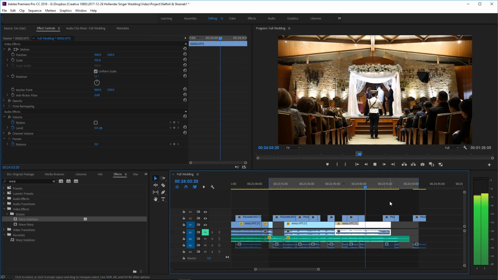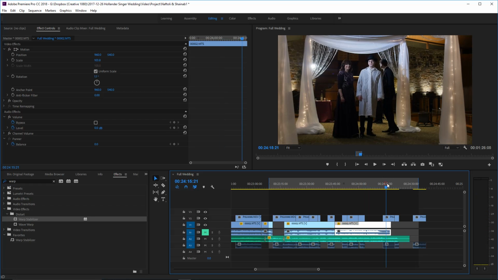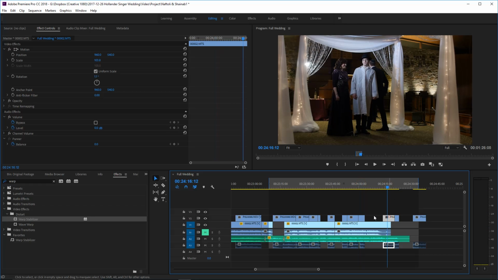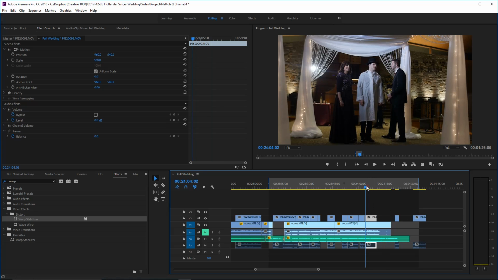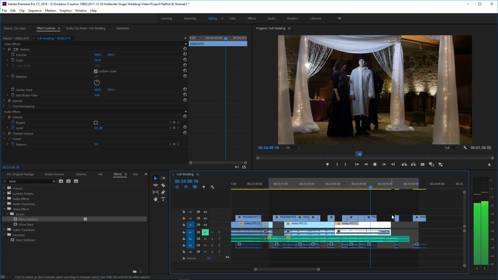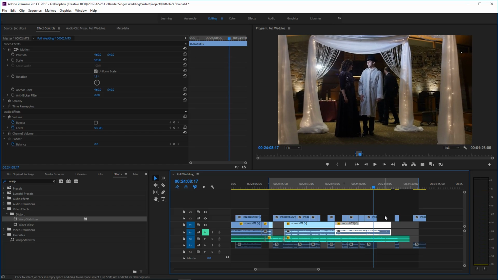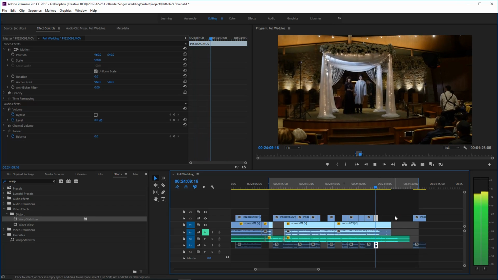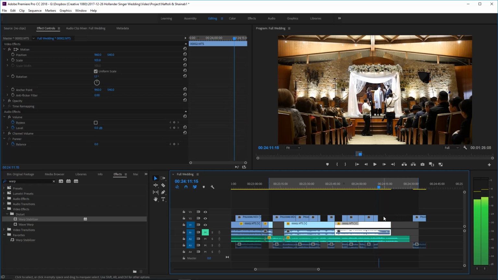That's grandmother walking down already. Let's see. This is a very close up. So then we could go to a kind of medium shot. Let's see. Let's see what that is.